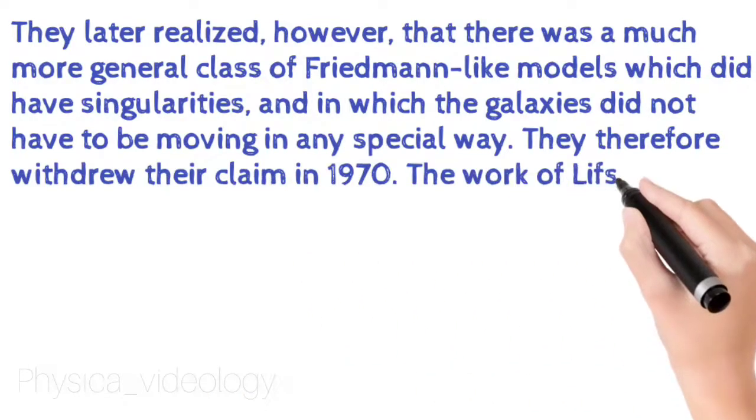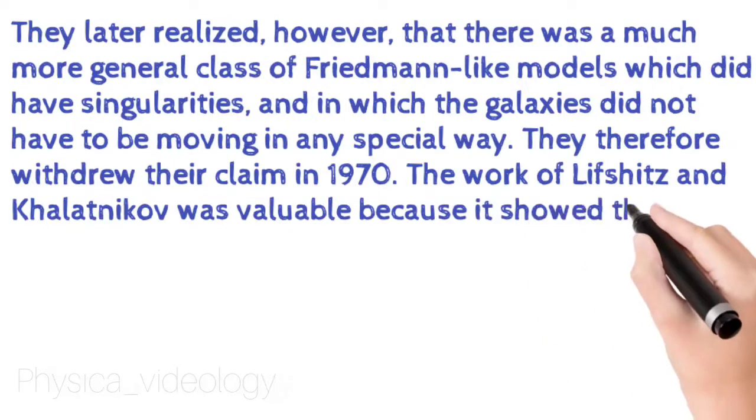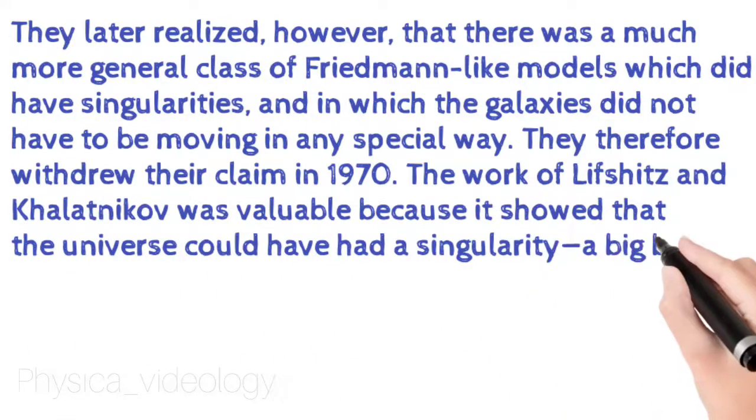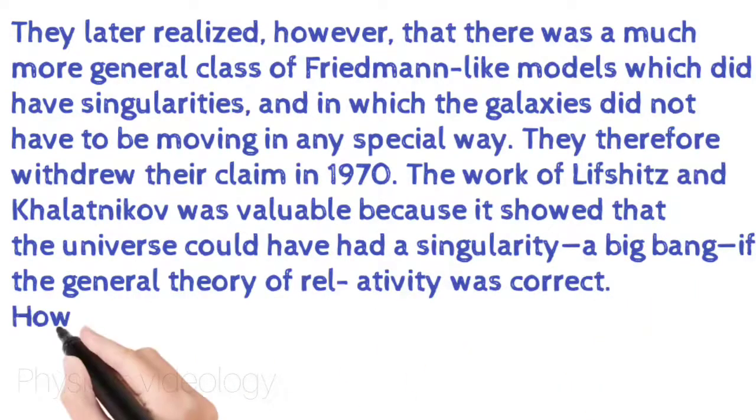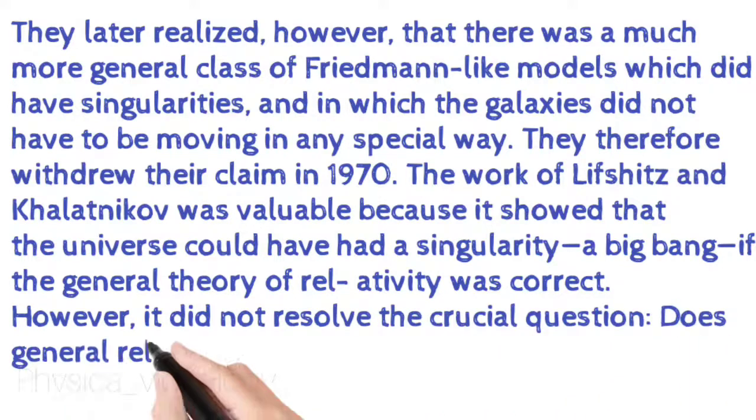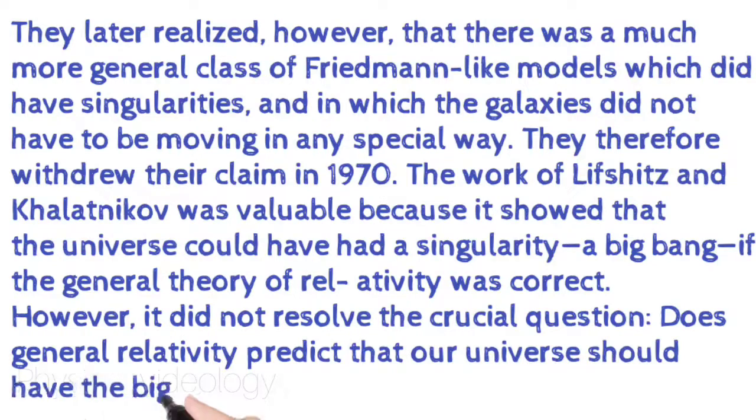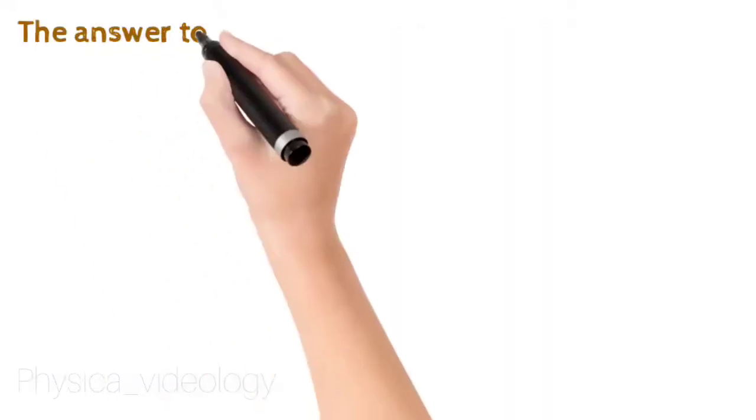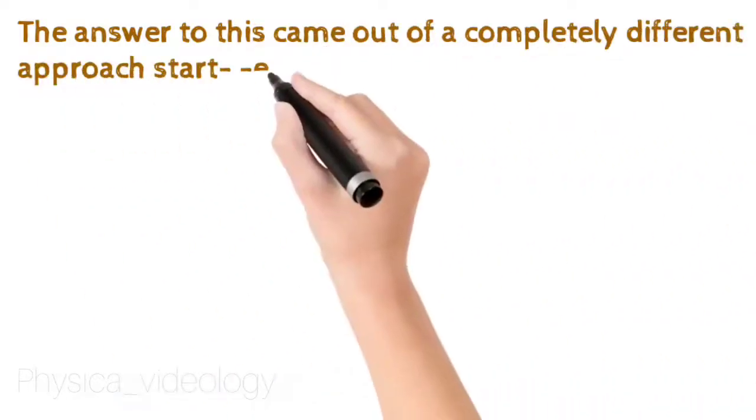The work of Lifshitz and Kalatnikov was valuable because it showed that the universe could have had a singularity, a Big Bang, if the general theory of relativity was correct. However, it did not resolve the crucial question: does general relativity predict that our universe should have a Big Bang, a beginning of time? The answer to this came out of a completely different approach started by a British physicist,